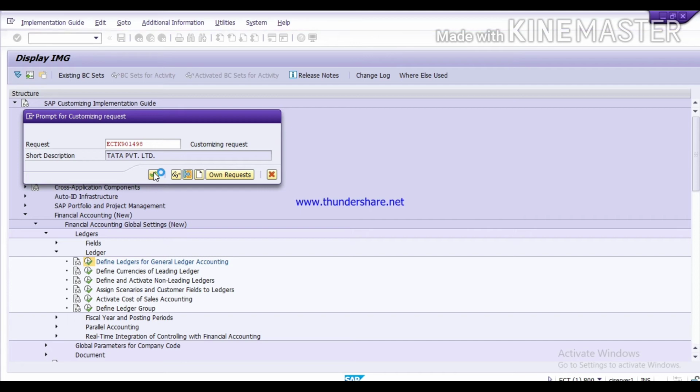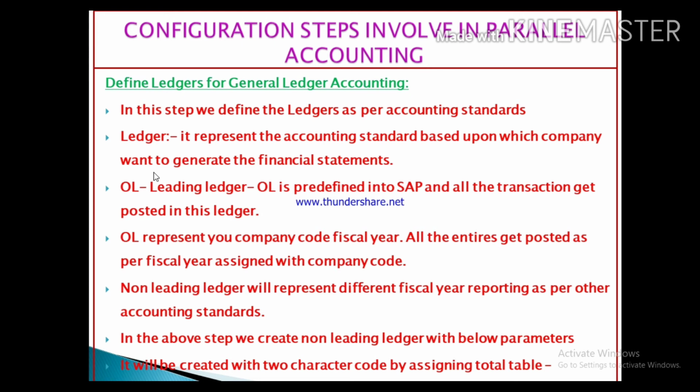So what is the use of creating this non-leading ledger? The purpose of creating this non-leading ledger is to represent a different fiscal year as per other accounting standards. Because if your company wants to generate the financial statements as per a different fiscal year, one fiscal year is the local fiscal year which is assigned in your company code.